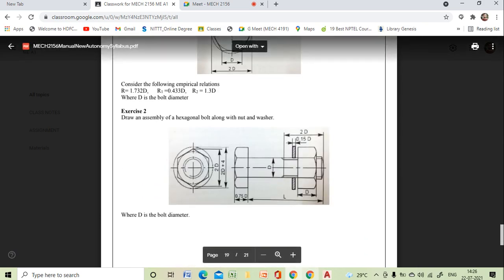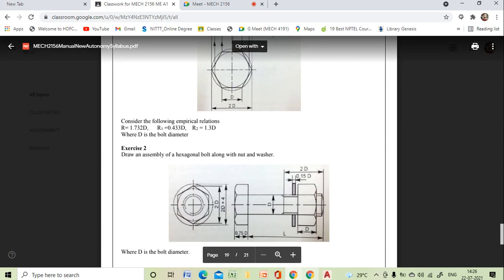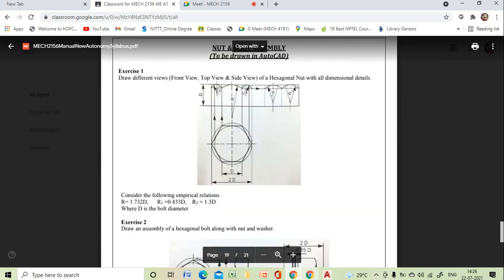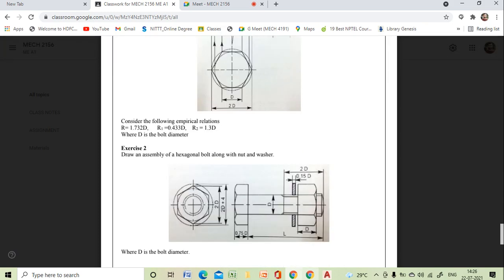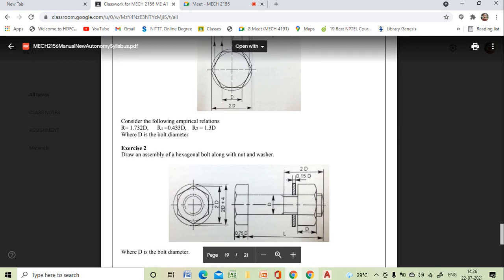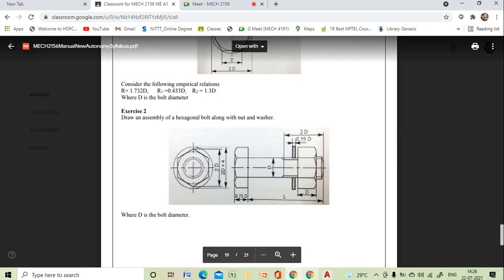Now today, at first I will show you the orthographic view of a bolt, and then I will draw the front view and side view of a bolt, and then we will assemble this nut with the bolt.